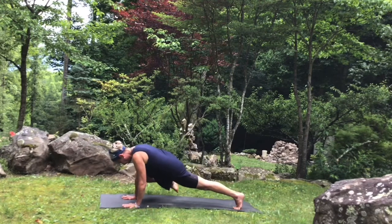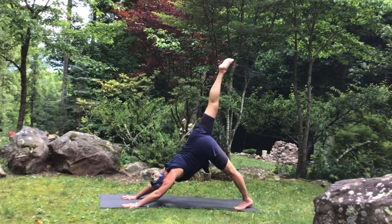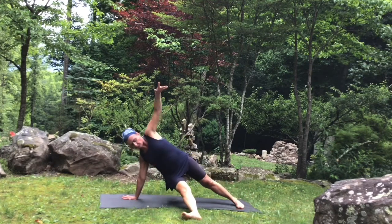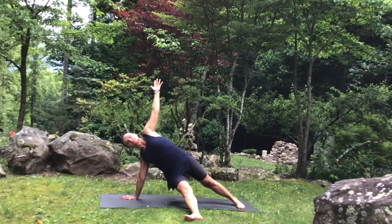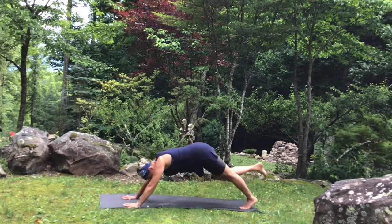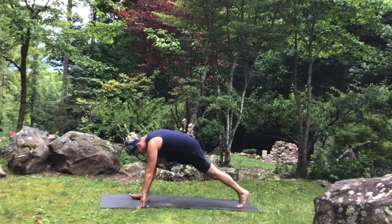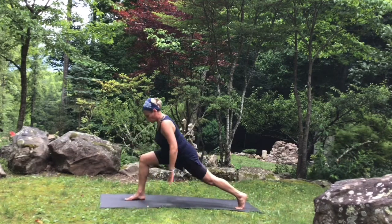And then exhale, knee to right elbow. Inhale, re-extend. Exhale, knee to left elbow. And stretch the right leg in front of you, coming into this variation of side plank. Open up. And bring the left hand down, come back into one-legged dog, and exhale, bring the right foot forward into lunge,